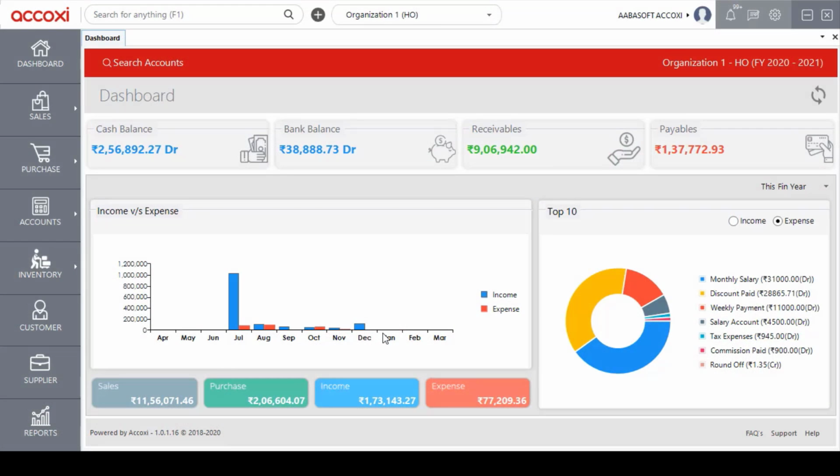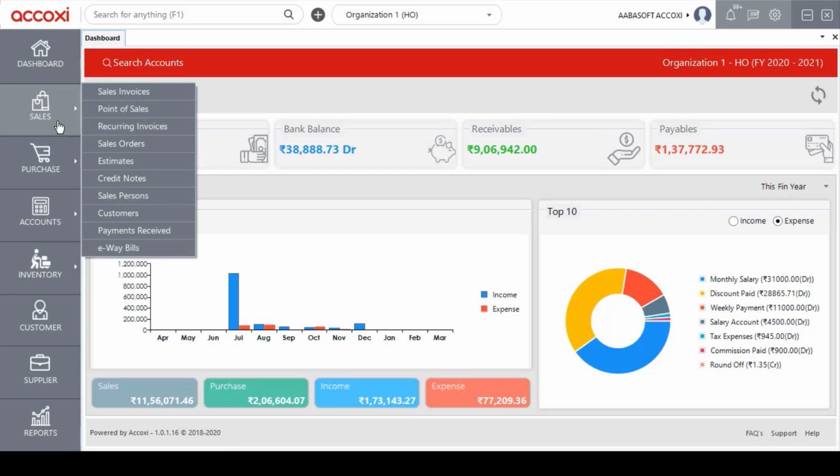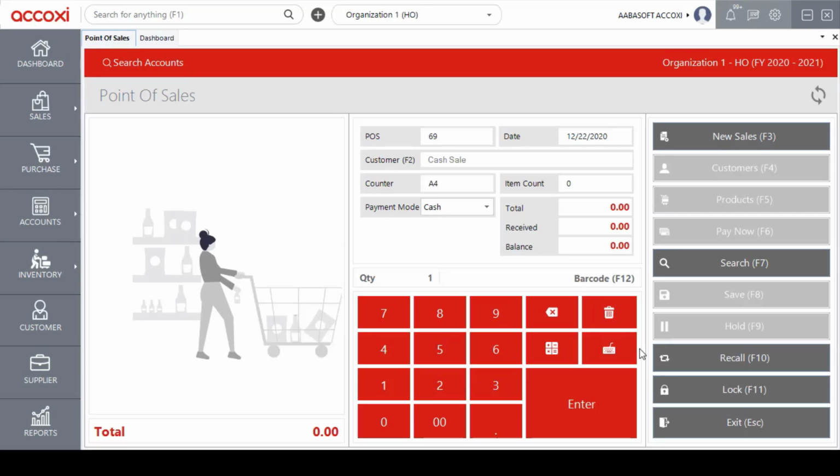Point of sales is one of the important forms included in the sales module. To access the point of sales form, click on the sales module and select the second option, point of sales. This is the interface of the point of sales form, and the user can enter all kinds of point of sales transactions